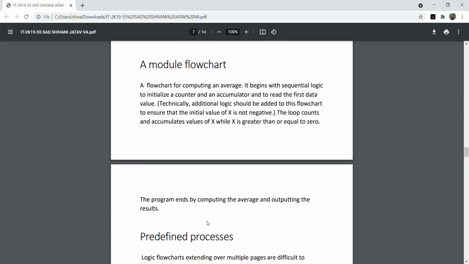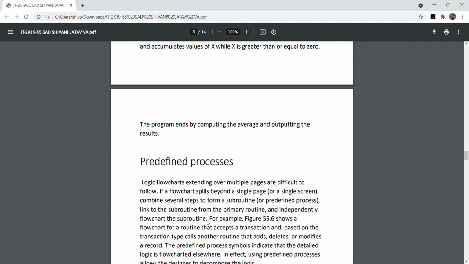A module flowchart. A flowchart for computing an average begins with sequential logic to initialize a counter and an accumulator and to read the first data value. Technically, additional logic should be added to this flowchart to ensure that the initial value of x is not negative. The loop counts and accumulates the value of x while x is greater than or equal to 0. The program ends by computing the average